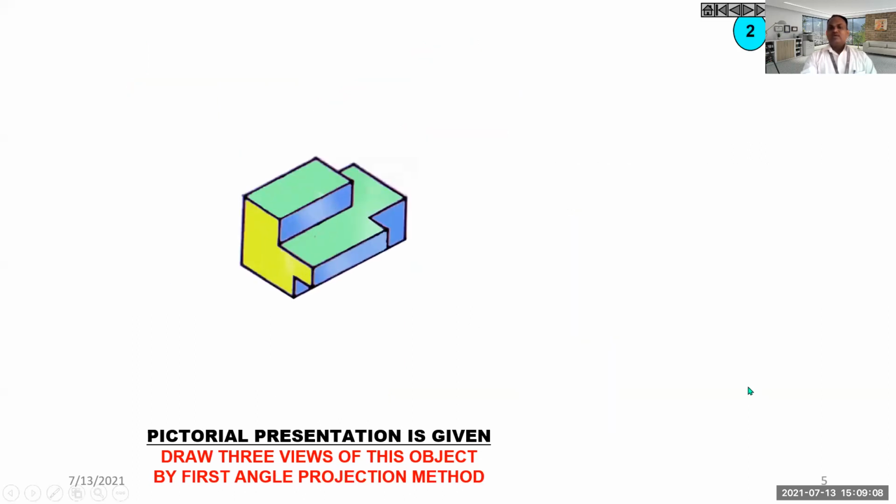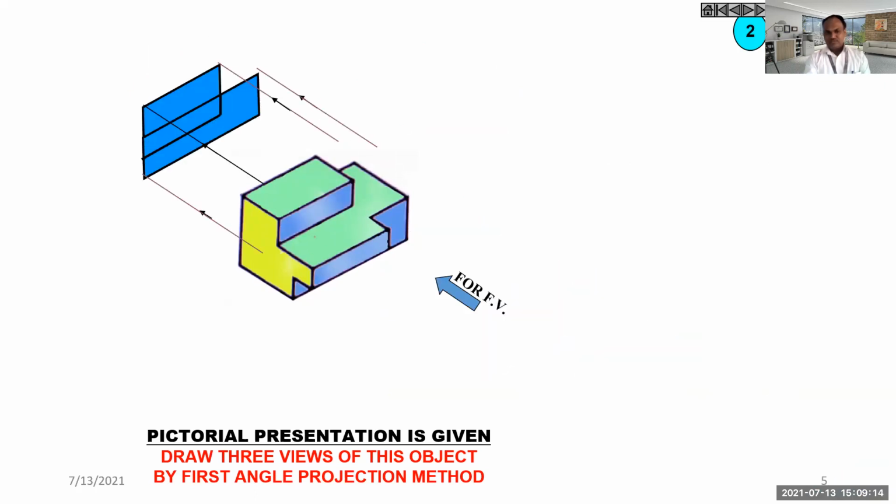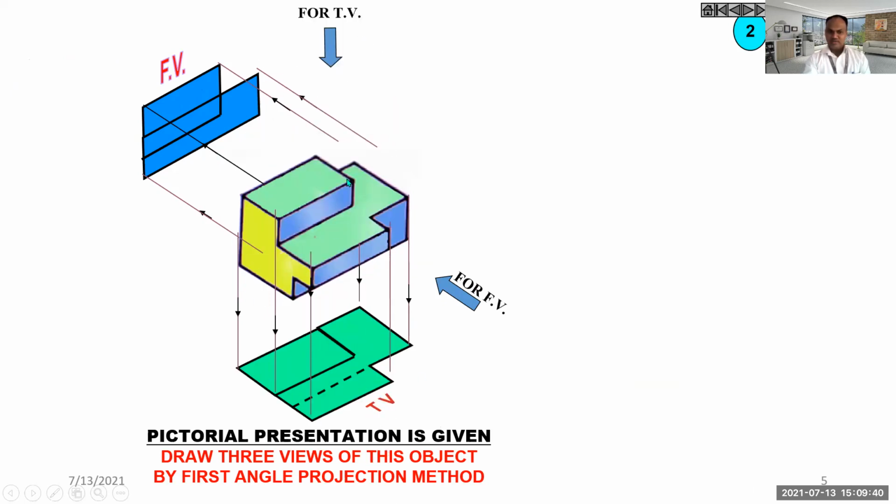Now this is the second example we have seen yesterday. You will see these blue planes only, this one and this one, that you have drawn here as the front view. In case of the top view, you will see these two planes, 1 and 2, and because this edge is hidden, there will be a dotted line there. So this plane I have drawn here, a rectangular plane. This total plane I have drawn here, and this hidden line is representing this hidden portion.